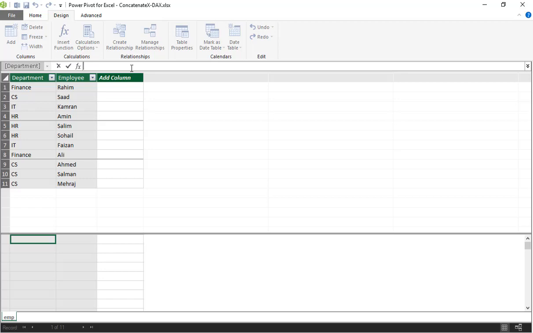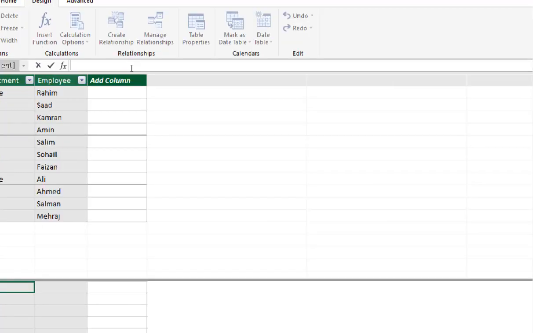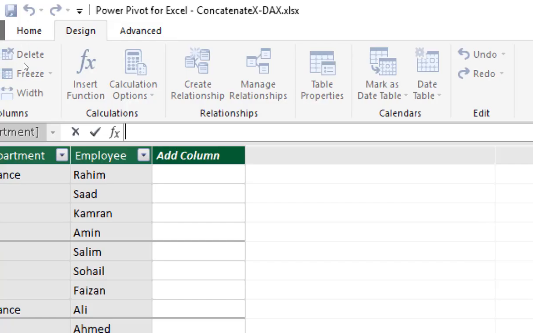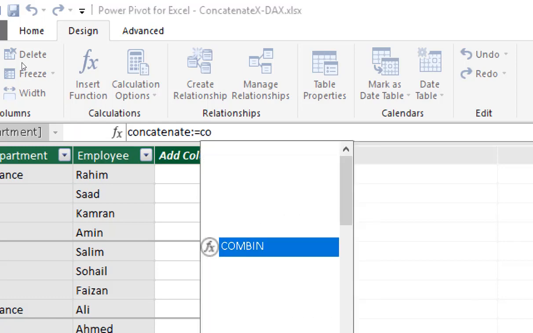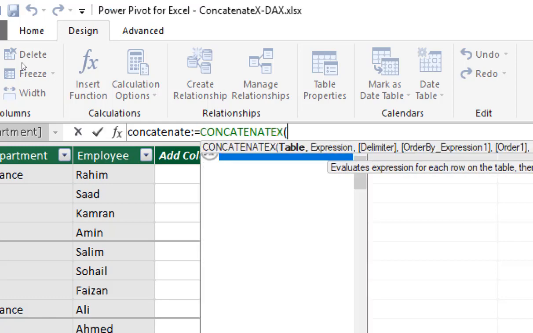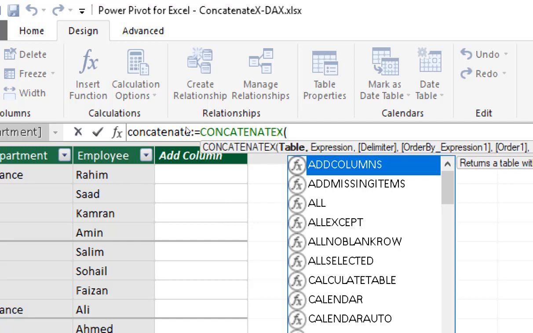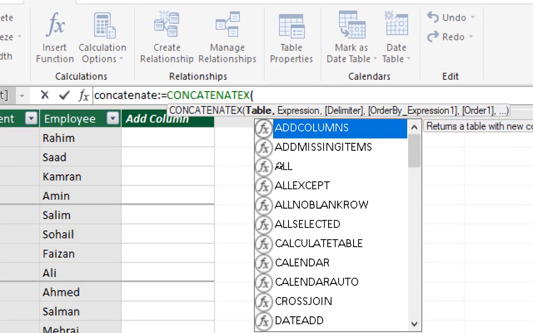In the formula bar we will start writing the DAX, which is CONCATENATEX. Giving it a name, concatenate, for example. So CONCATENATEX, the same procedure as we applied in Power BI, because the backend engines are the same, the DAX will remain the same.